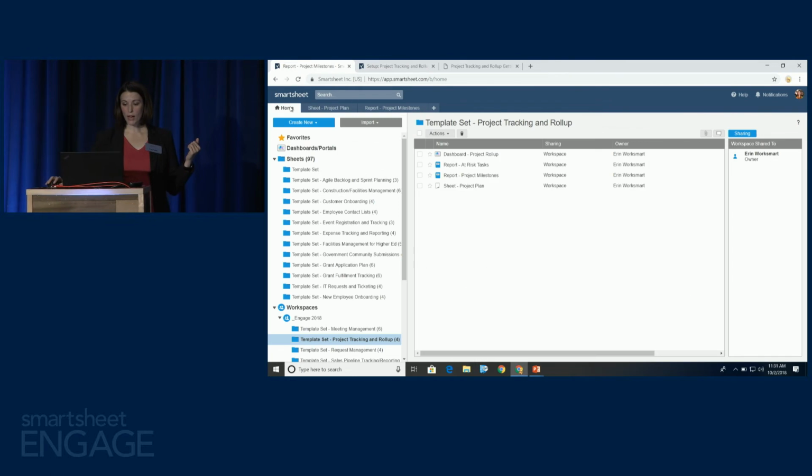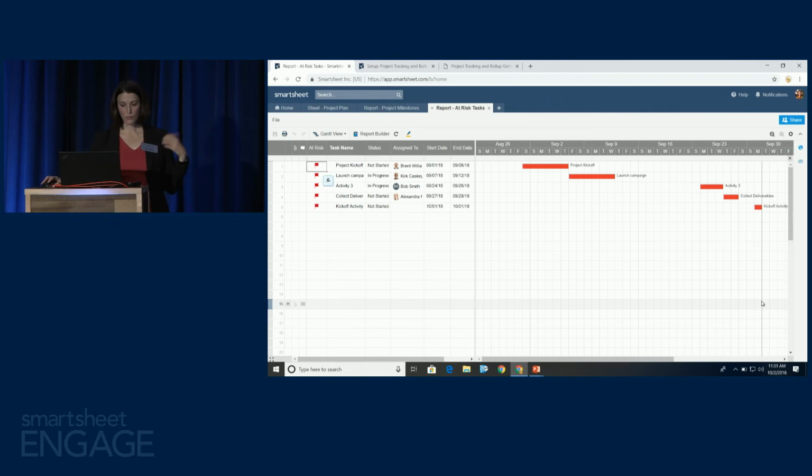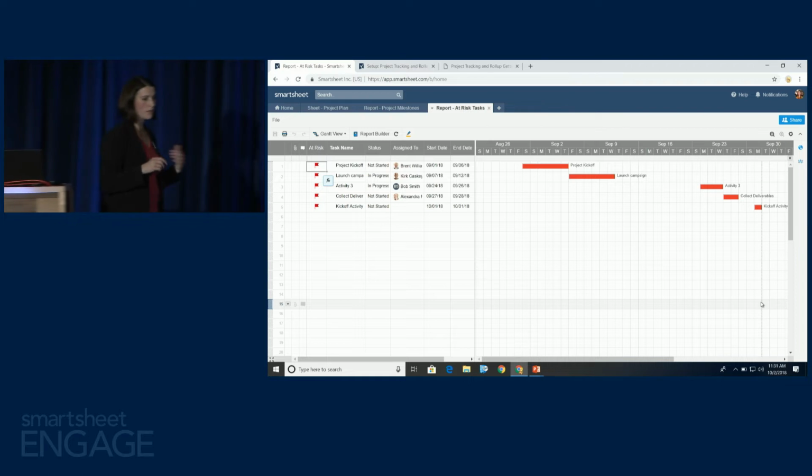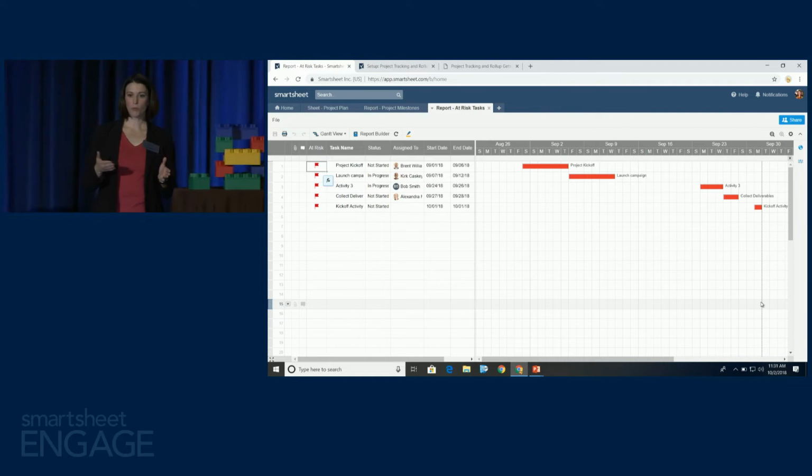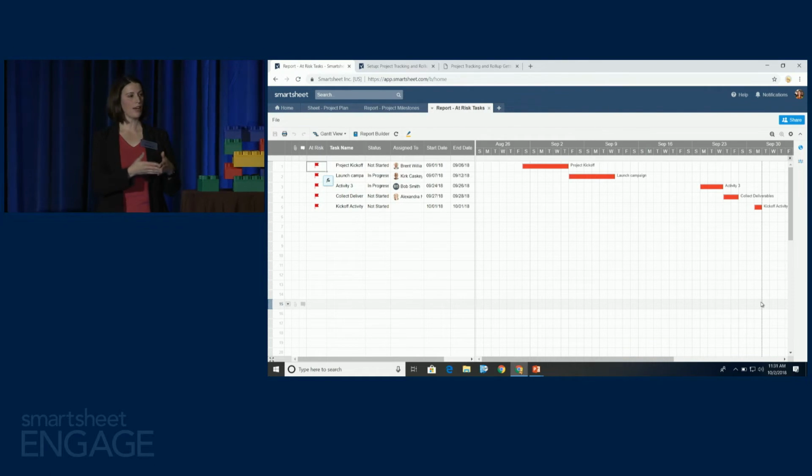Same thing with my at-risk report. Maybe I want to see all the items that are at risk. Again, I'm just going to point my report to that sheet, and instead of asking about milestones, I'm going to say, hey, pull all the items where my flag is red. And we already know that I've got a formula that's going to automatically flag those things if they're past due and the status is incomplete. Now I have a live report, and of course that report will automatically update and be current as those items